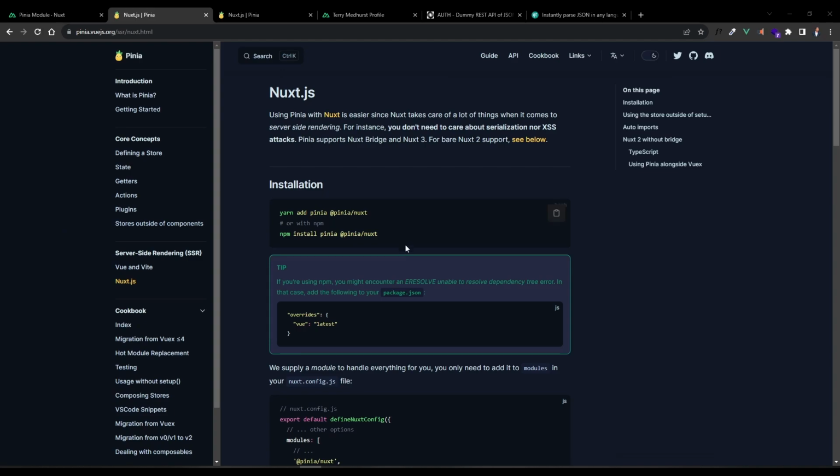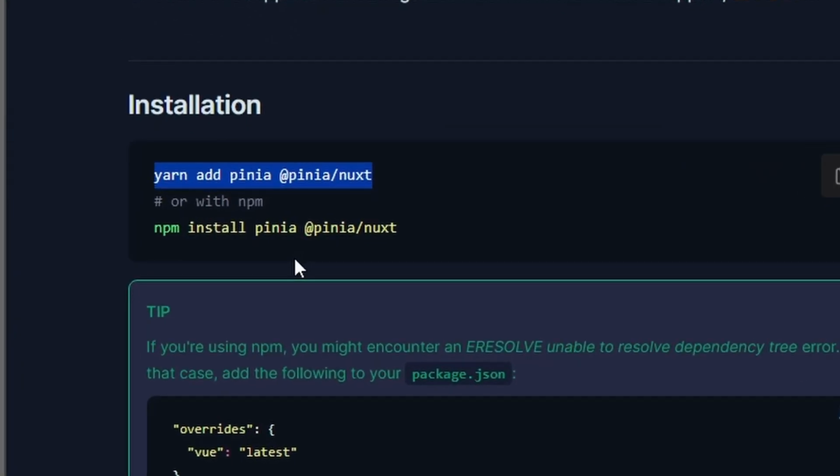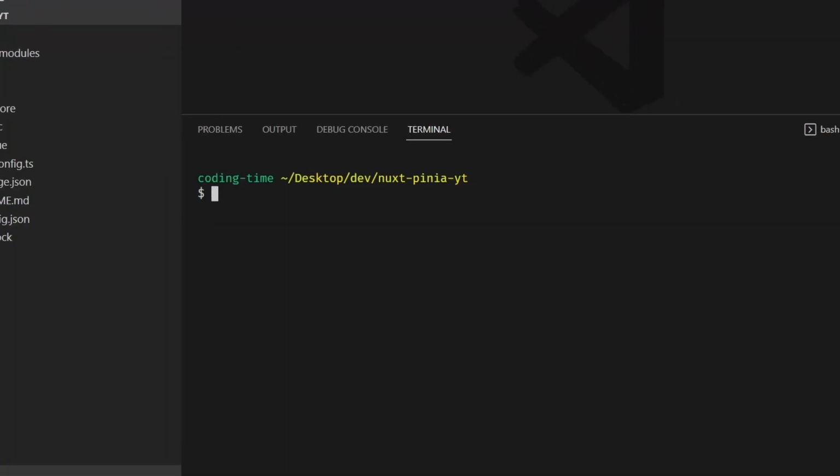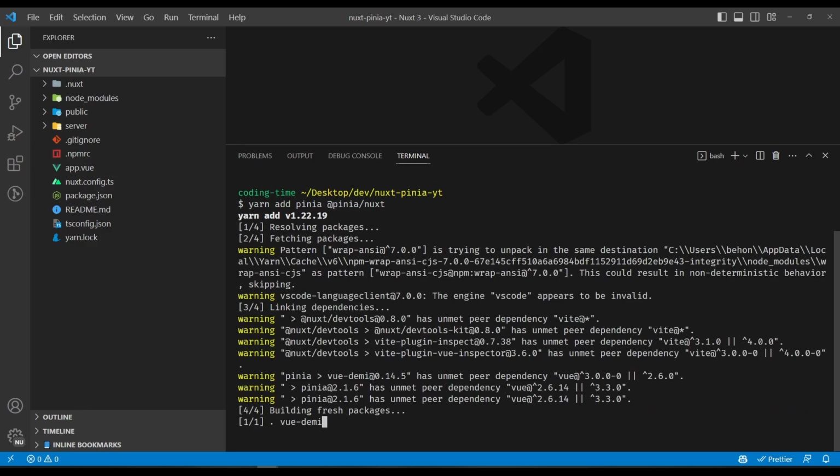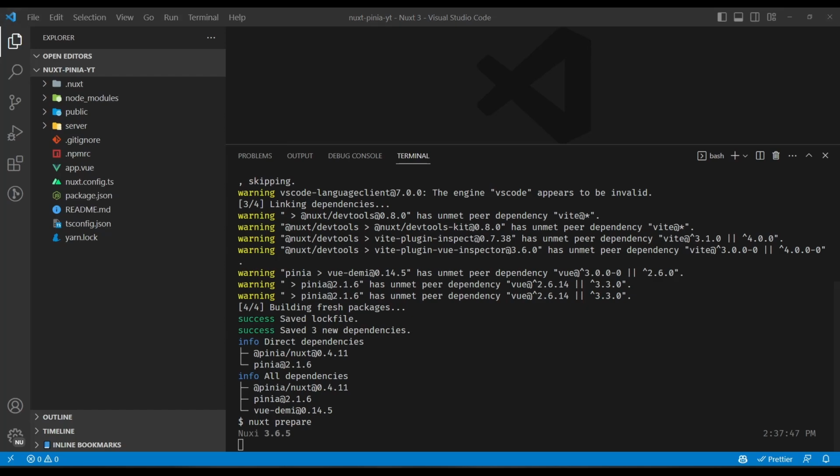So what we're going to do is we're going to copy the yarn command, right? If you're an npm user, you can copy this one. Let's go back to our code base, and we're going to paste that in. We're going to add that there. Once it's added, then we'll just go back to